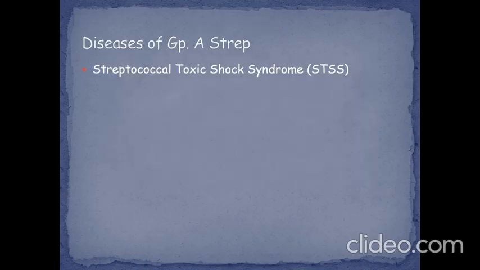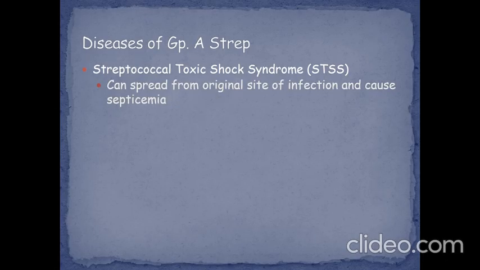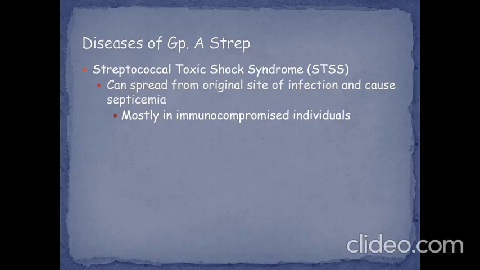The last one we're going to cover is streptococcal toxic shock syndrome, so STSS. This can spread from the original site of infection and get into the bloodstream where it would cause septicemia. Septicemia is where it's growing and causing symptoms, right? We typically only see this in immunocompromised individuals. But if it does spread from that original site of infection and it starts replicating and causing symptoms, the symptoms